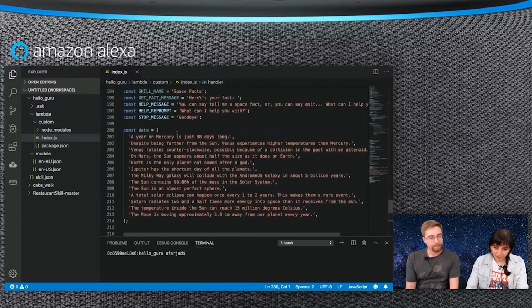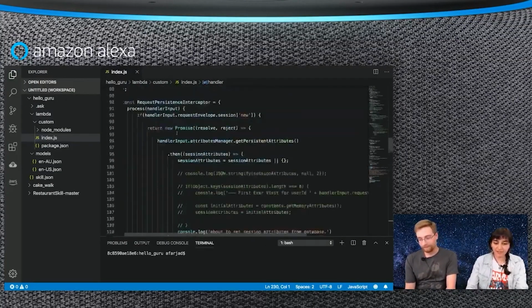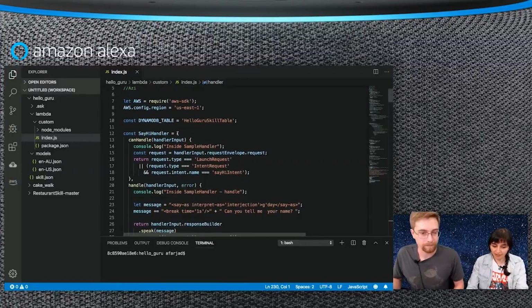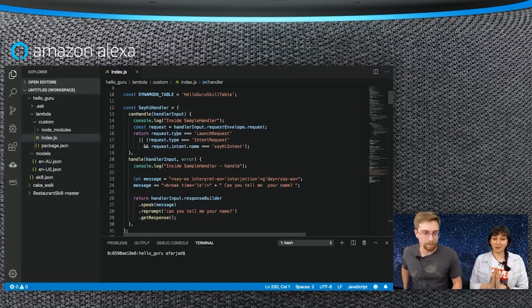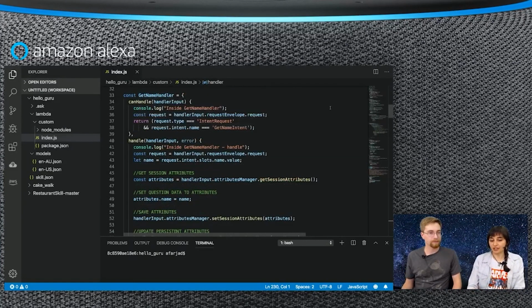This is a very simple skill that I created myself. When you open it, it asks for your name. It's going to remember the name and use it later on, just to say welcome back, Ozzy, or to say goodbye, Ozzy. For each utterance that I'm providing in the model, you say which intent it should map to. Then Alexa does the mapping and sends it to your backend code.